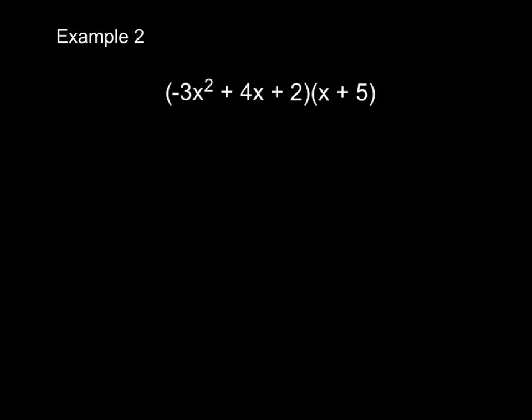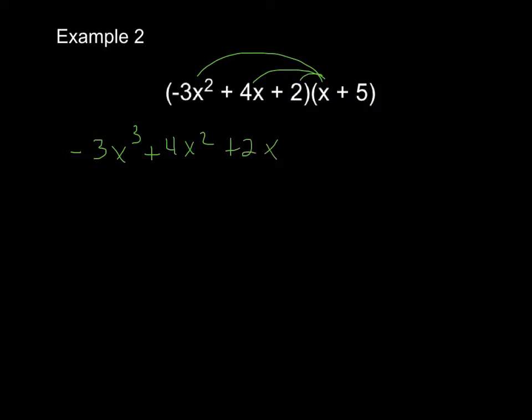Alright, so let's look at another example. Notice in this case the binomial is at the end, but it doesn't matter. We still have to make sure that everything in one group is multiplied by everything in the other. So I'm going to start out by taking x times 3x squared and getting negative 3x cubed. I'm going to take x times 4x, gives me plus 4x squared, and I'm going to take x times 2